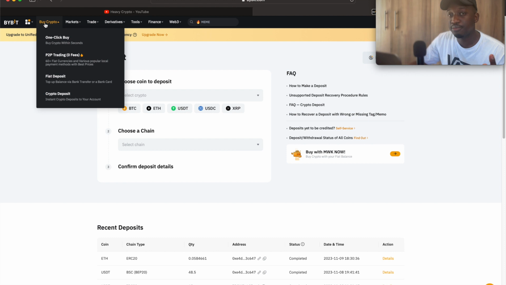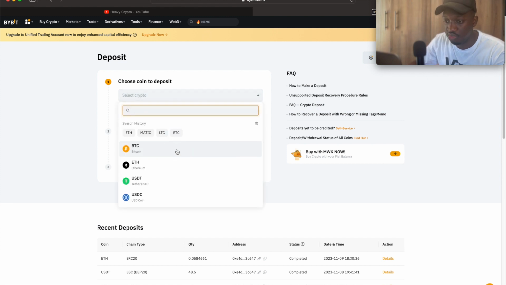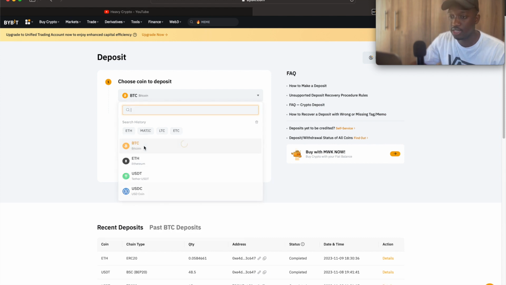With crypto deposit, you simply deposit crypto from any exchange. So for example, if you have a Binance account and you want to deposit money from Binance to Bybit, you can use crypto deposit. So you're simply gonna go ahead and click where it's written select crypto. It's gonna give you a bunch of options. Let's say you want to deposit Bitcoin or Ethereum, you're simply gonna click the coin like this and then choose